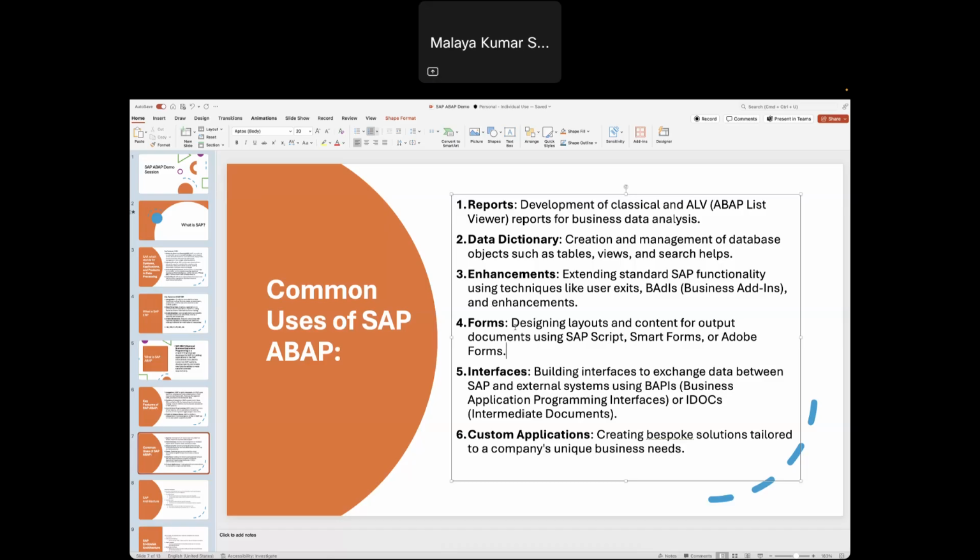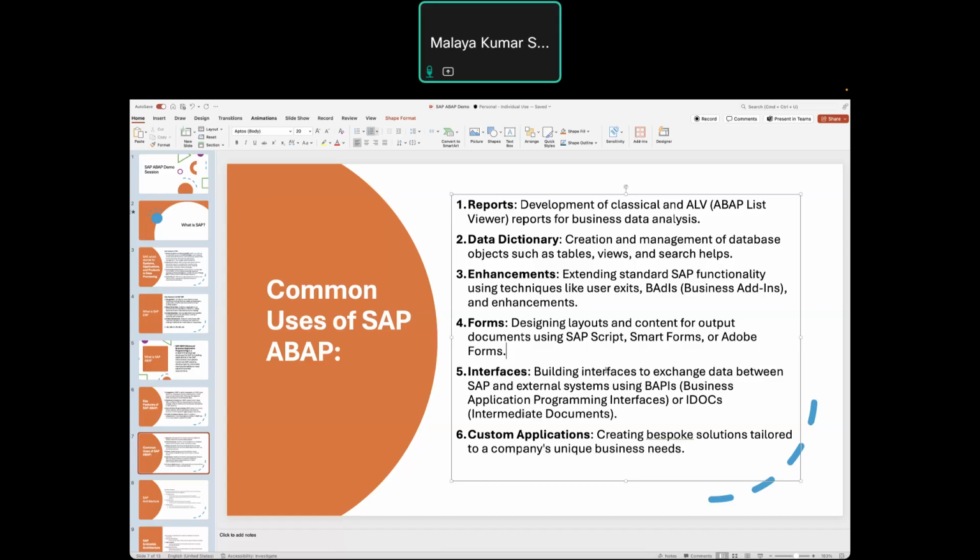Okay, so next is the interfaces. Sometimes it is required to connect third-party systems and third-party data to your SAP, because in an organization you have multiple technologies. So you need some kind of connection, and also some kind of format for the data.